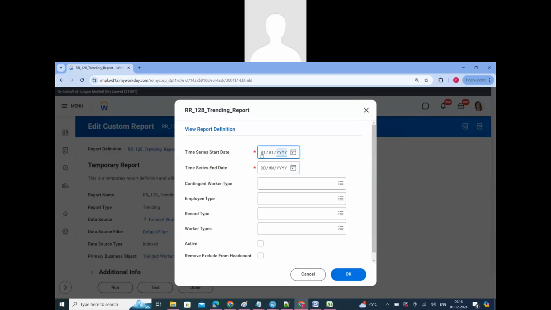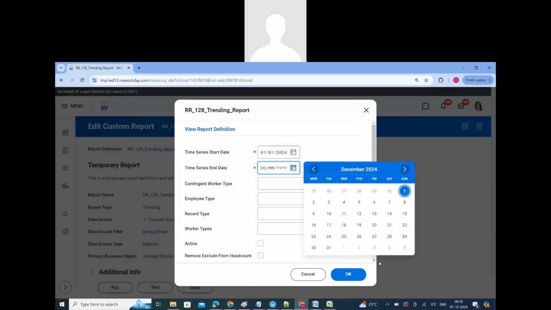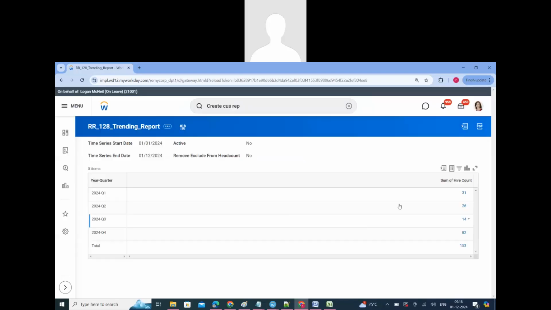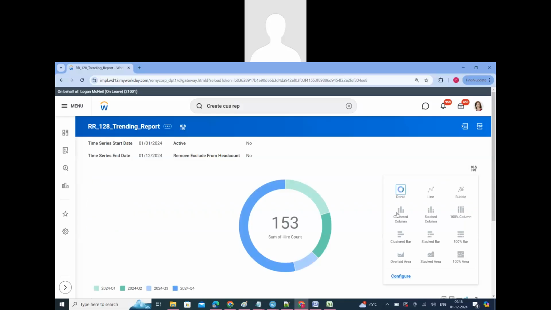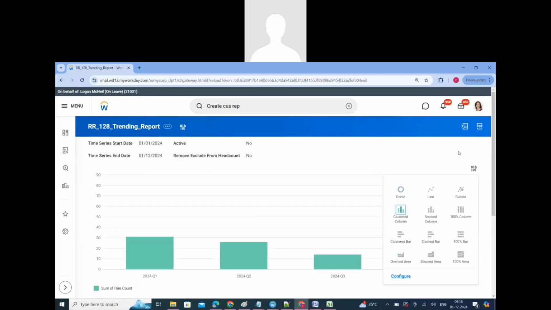So 01/01/2024 to till date, you can see each quarter how many people got hired. In 2024 quarter one, 31 people got hired. In quarter two, 26. Quarter three, 14. Quarter four, 82 members are there. You can see the cluster columns. You can see how that